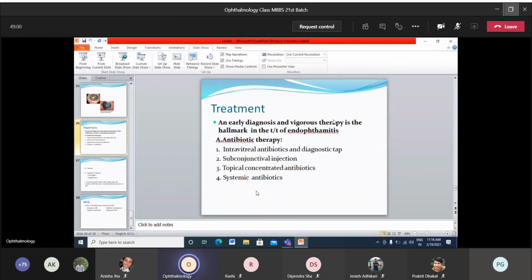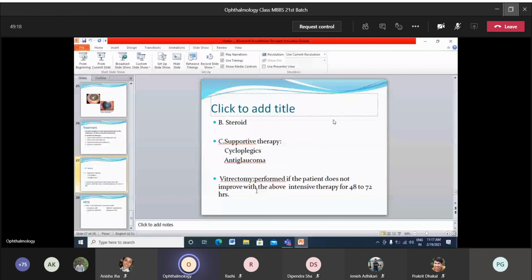Then you go for subconjunctival injection, topical concentrated antibiotics, and systemic antibiotics as well, in order to decrease the inflammation and further infections. Then steroids, topical steroids in the form of prednisolone. Sometimes if there's a lot of inflammation and a lot of exudates, then systemic steroids can also be given. And supportive therapy, of course, has to be given, starting with cycloplegics. Usually we go for the strong cycloplegic,